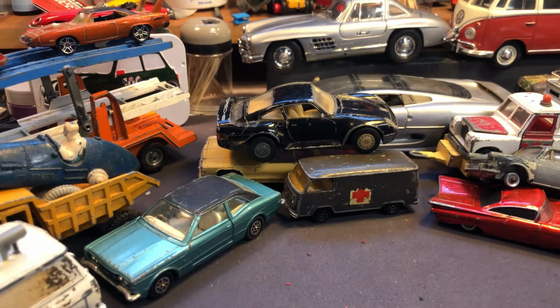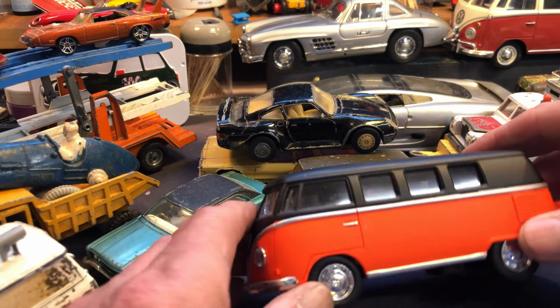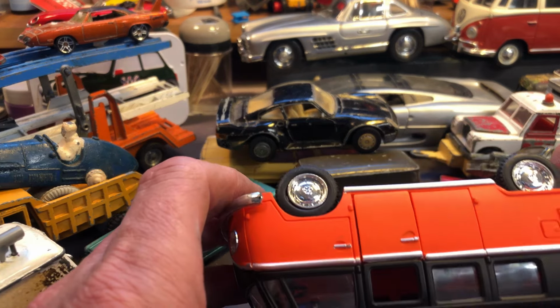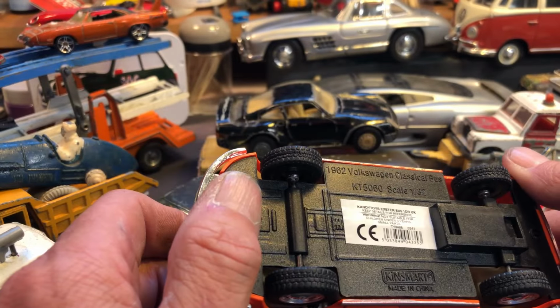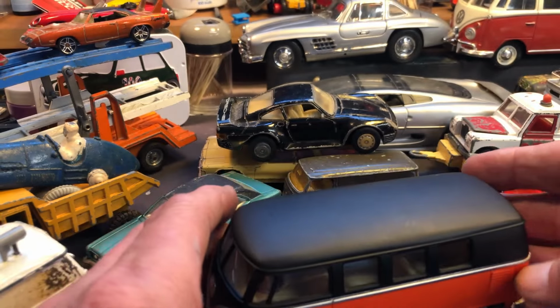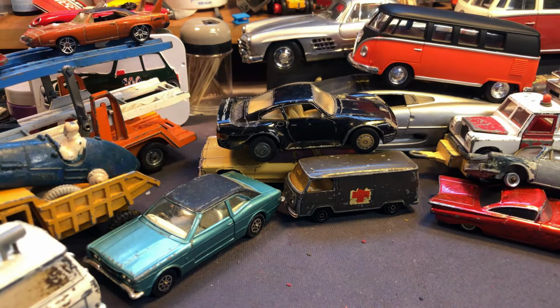Right, we're nearing the end now. Just a few more left. And I've taken the precaution of wrapping these up. There's one, VW, quite modern in its looks, with the matte black and the matte orange. All intact, nothing missing. Maybe a bit of wear on the chrome at the front there. Volkswagen Classical Bus, 1962, 1/32 scale, King's Matte. Quite nice. So that's the second bus, and I'll just put it on top of that Jaguar there,